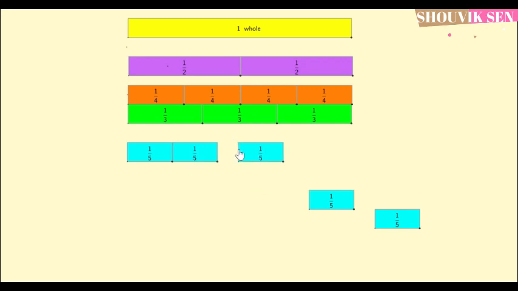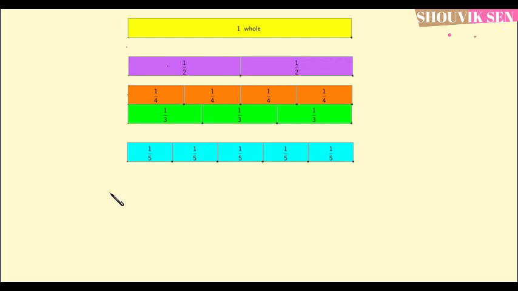Alright, so we have made 2 and 3 1/5, and we saw that it is not equal to any one of them, right? And then we are introducing the 4th one, and yet it is not equal to any one of them. Is it equal to 3 1/4? No, it is not equal. 4 1/5 is more than 3 1/4. Similarly, we don't have any one. We only have that it is equal to 1 whole. 5 1/5 make 1 whole.